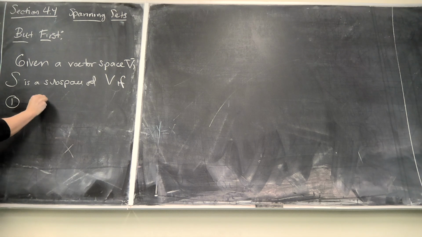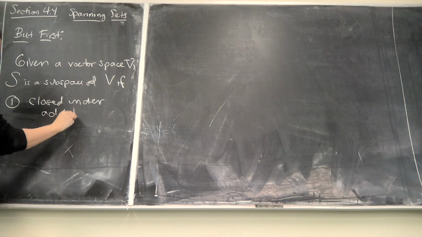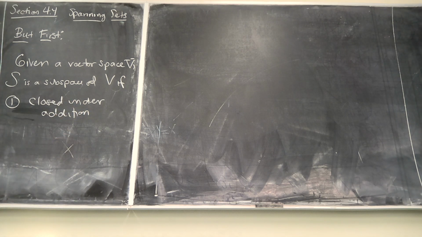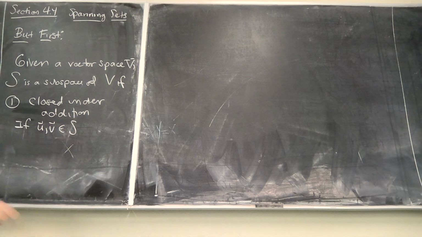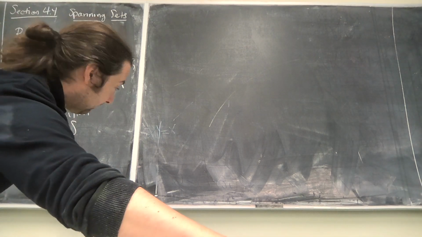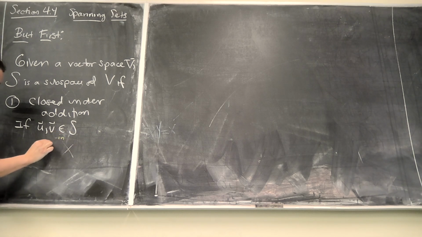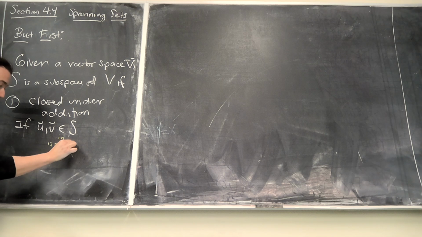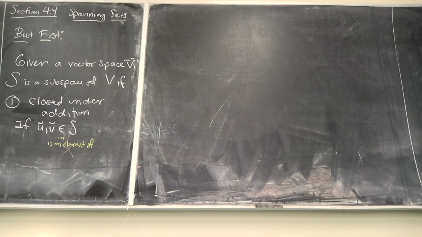Okay, so closed under addition. Now I'm going to introduce you guys to some more abstract notation, which the book is going to shift to. What that means in abstract notation is if u and v are elements of S, so this symbol right here, this little epsilon symbol, this is the set inclusion symbol. It means in, or is an element of, because it's annoying to write that down over and over again. So the way you would read this in English would be if u and v are in S,